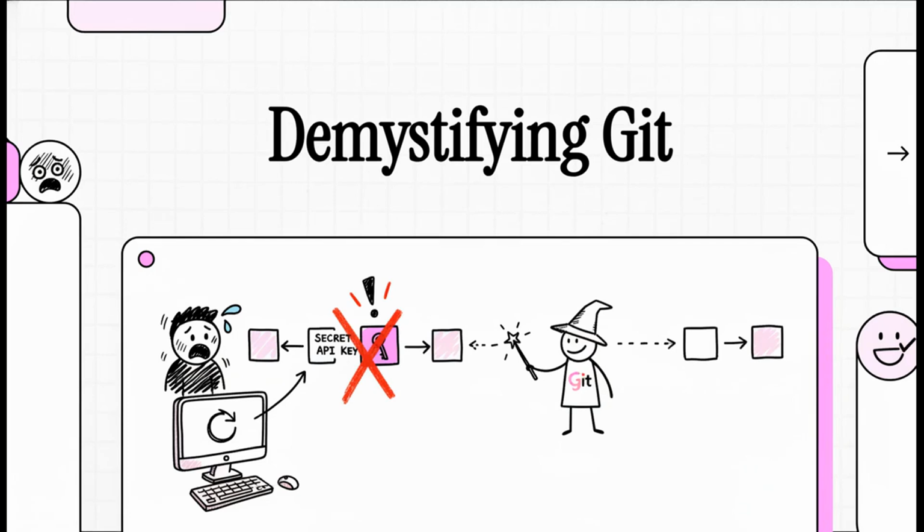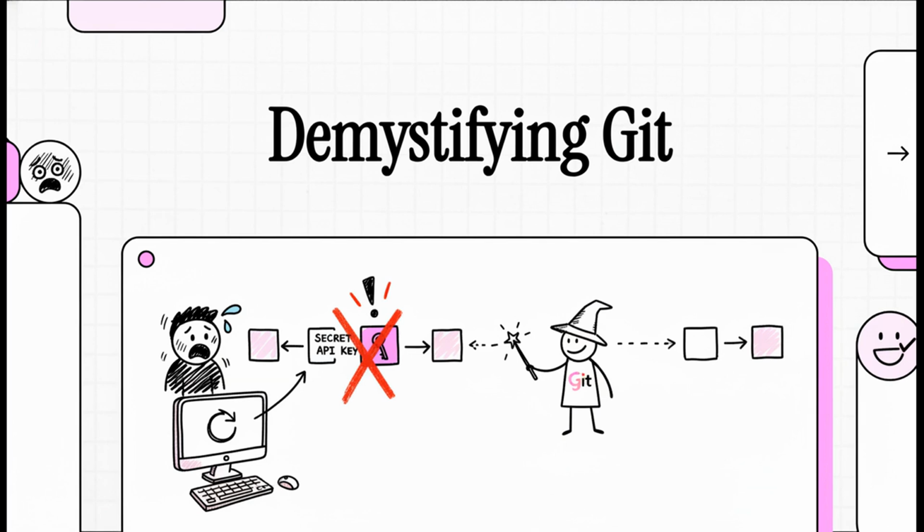Okay, let's talk about something that gives every developer nightmares. You've been working hard, you push your code, and then that sinking feeling. You've just committed a secret like an API key to a public repository. Don't panic. Today, we're going to demystify Git and show you exactly how to fix this, to literally erase that